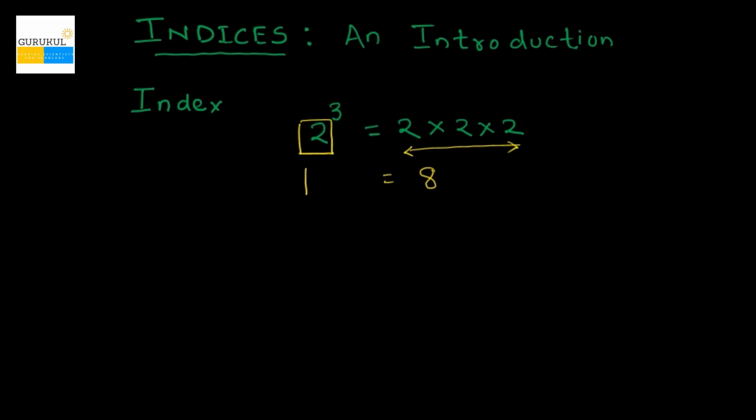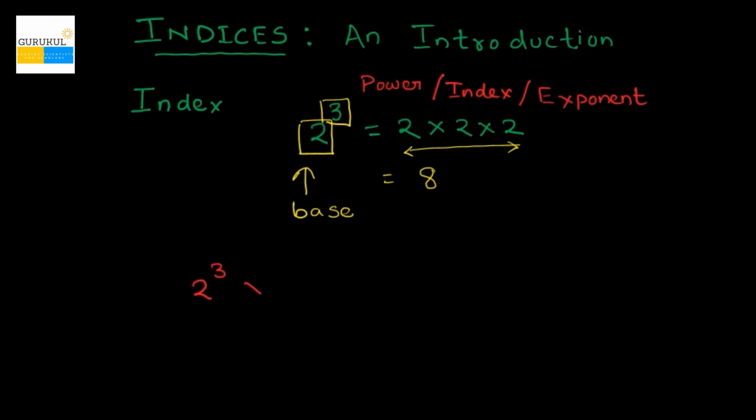is known as the base, and 3 over here is called the power or index, also known as the exponent. So, in order to solve for 2 raised to the power 3 times 2 raised to the power